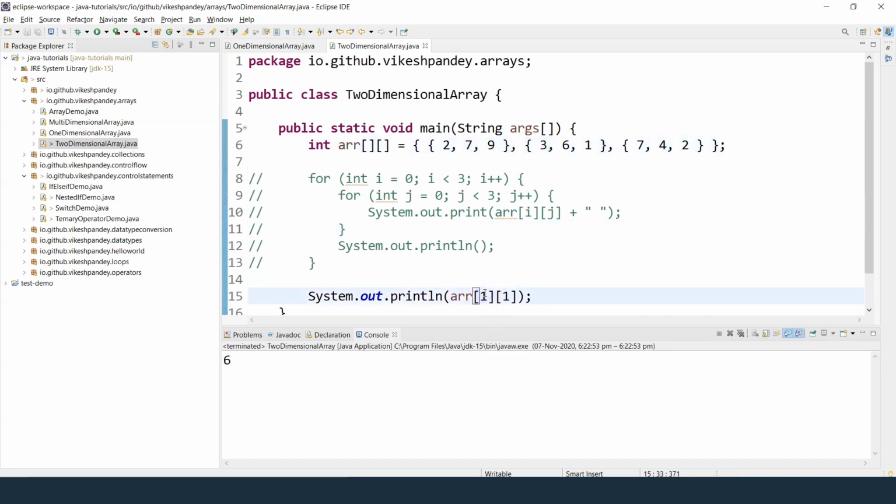Similarly, if you change this value to 2, then third row, second column, which should point to 4. Yes, we get 4. Similarly, you can write 0 here and 2 here, and this will print the 0th row and the second column. Whatever value you want to access, you can access it in this fashion. And remember, the row and column indexes always start from 0. So this is a simple demonstration of how you can use two-dimensional arrays. And in this session, we also did a refresher of one-dimensional arrays.